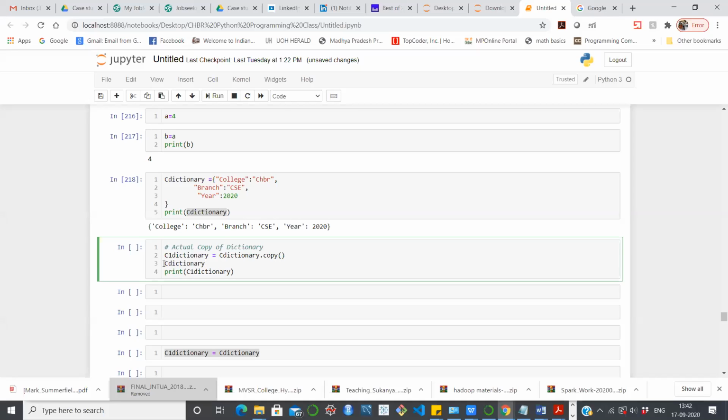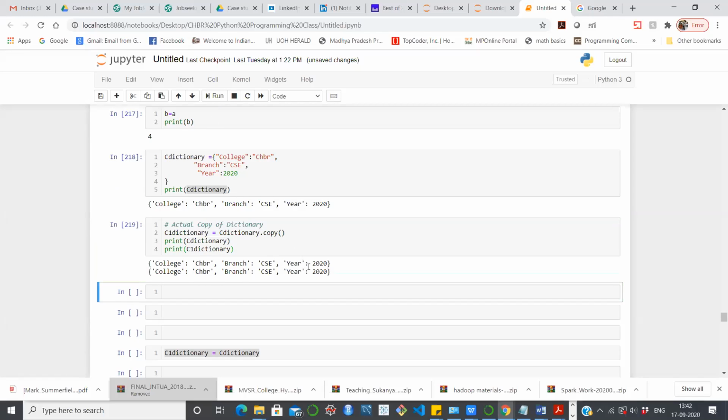I'm gonna print both dictionaries, and both will have the same value. So let's just print. You can see here both dictionaries have the same value. That means it is getting copied.